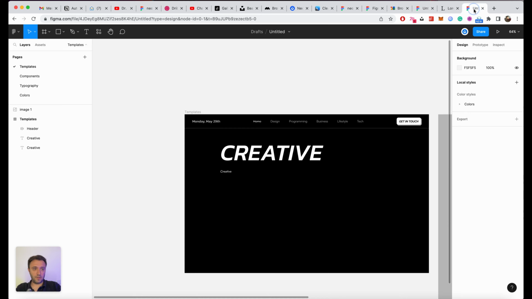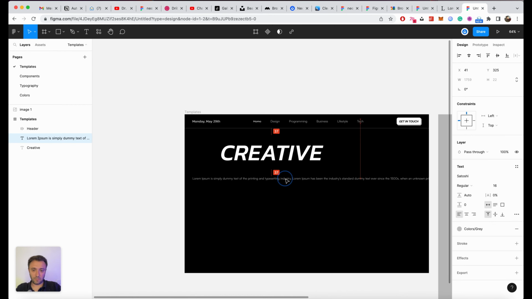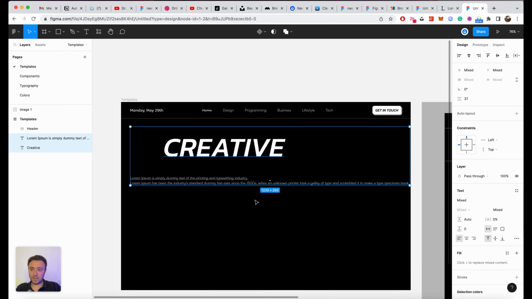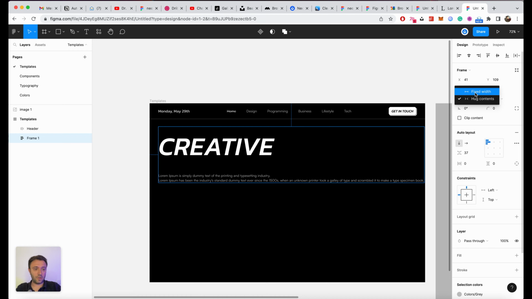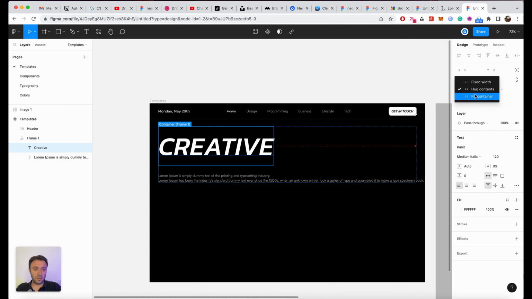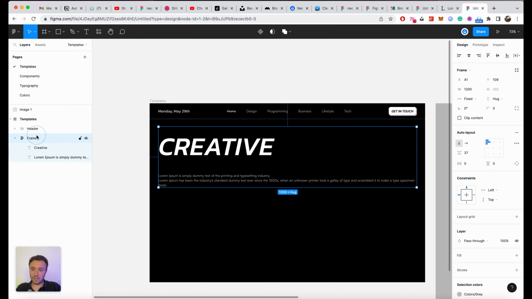Okay, just copy and paste. Let's make it regular and use C7. Let's add a bit of indentation, select these two elements and click Shift A to add auto layout. Okay guys, let's add a fixed width of 200, and give it a value of fill. Let's select this component,